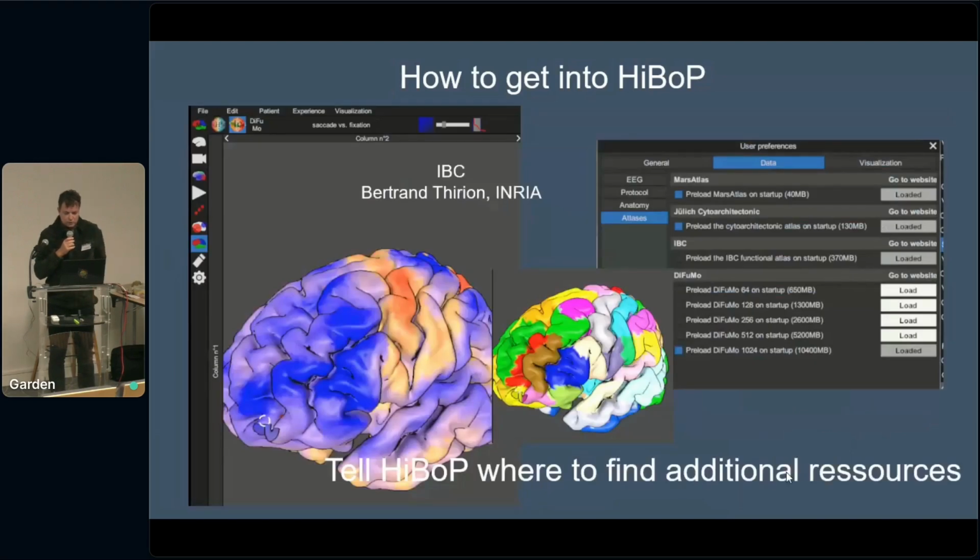What else? You can also tell HIBOP where to find additional resources. For instance, we had a long-standing collaboration with Bertrand Thirion at INRIA, who has done something pretty incredible, which was to record the same subjects, normal healthy subjects, I think 10 or 12 of them, in a number of tasks, maybe 60, I don't know, it's just enormous. So all possible tasks in the same subjects. It's called the Individual Brain Charting project. The end result of that is a series of contrasts that show you exactly